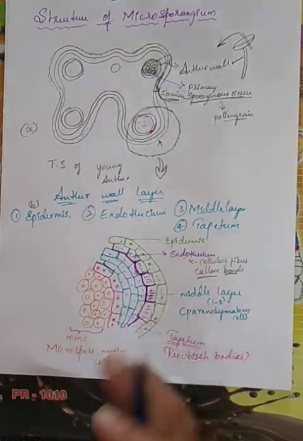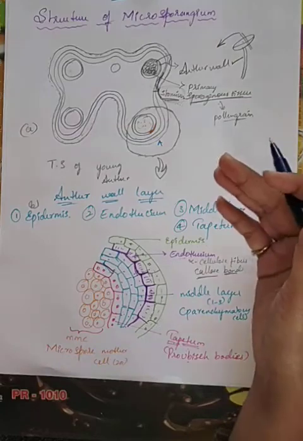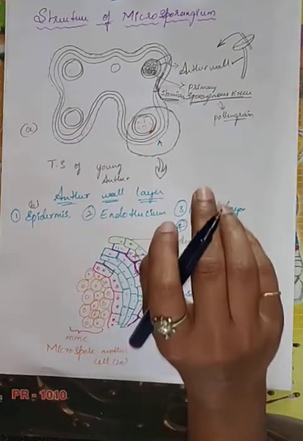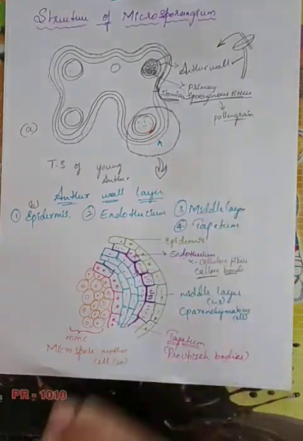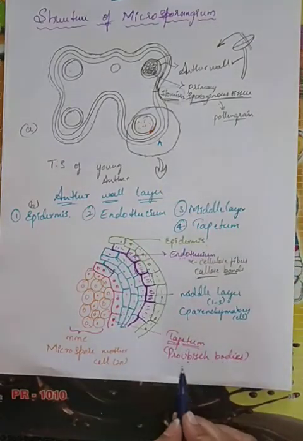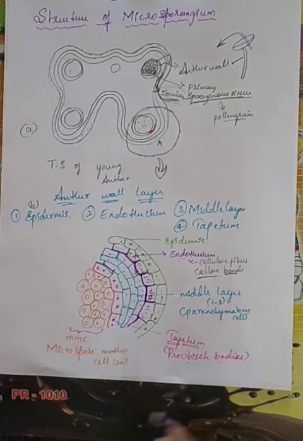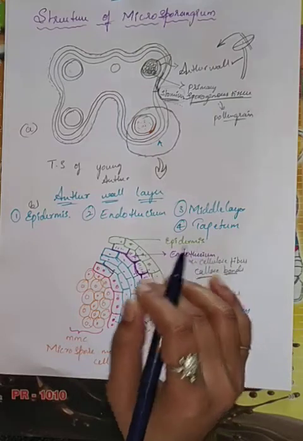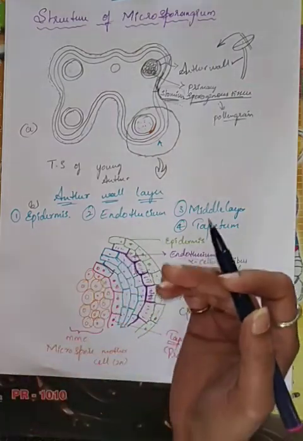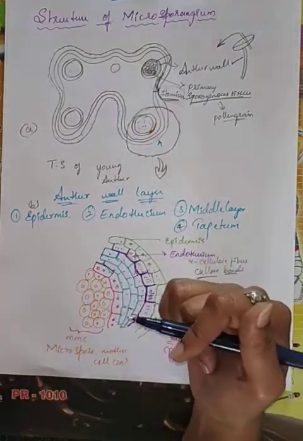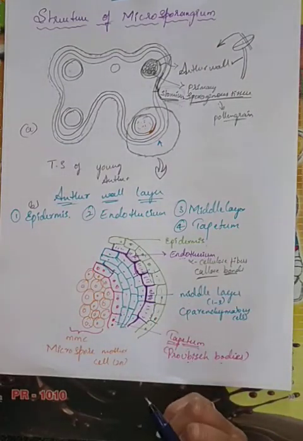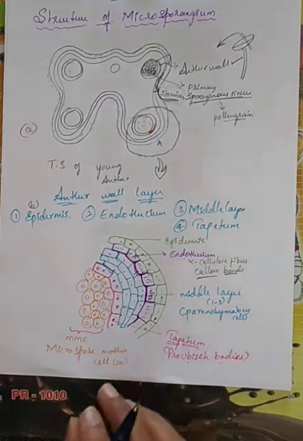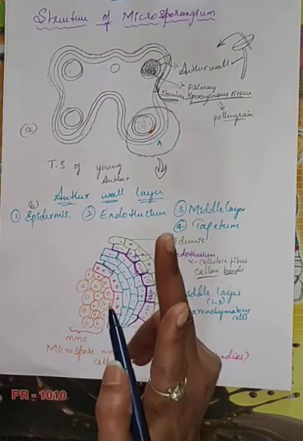If you didn't understand, that is also fine, because in the next session you are going to understand very clearly. Don't worry about that, don't take tension. Just keep in mind that in the tapetum there will be production of pro-Ubisch bodies, or Ubisch bodies. That Ubisch body is very important. That thing we are going to learn in the next session. Now, many types of tapetum are there, which are not in your NCERT, but still I am just mentioning.